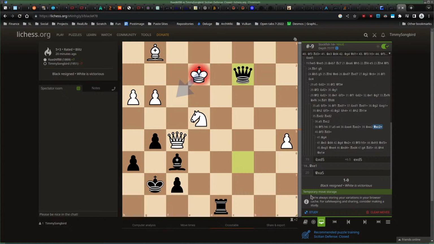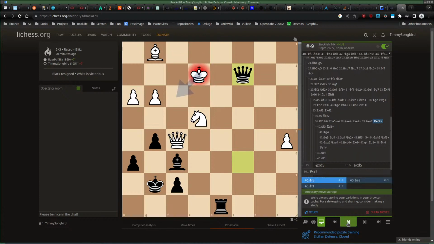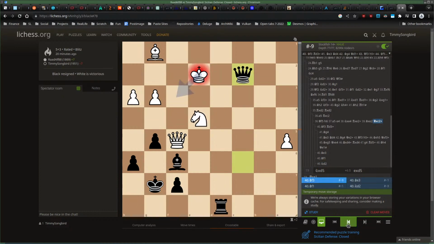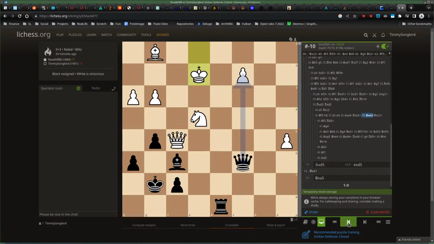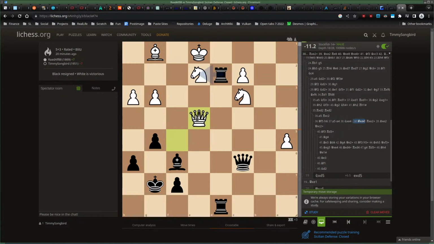I guess you just have to see now that you can. This is the only square, otherwise it's mate. This is mate in one. This is mate in one. And this loses the queen. So it's kind of the only move then, this. And I have to see that here. Okay, let's take the pawn. Still sacrifices it.